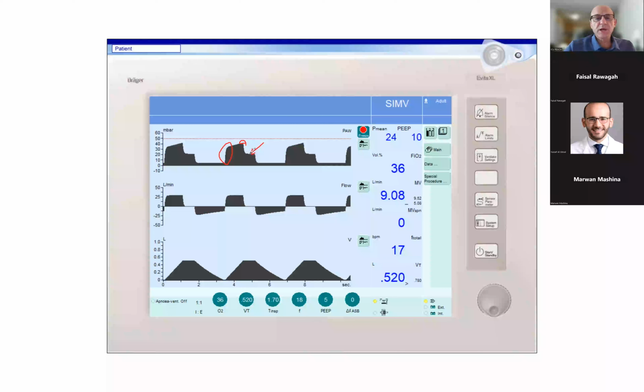Okay, so this is the plateau pressure. What do you think about the plateau? Plateau is fine. I think it's 20. 20, 22, is that something that you would see in normal airways and lungs? I would say yes. Remember, in patients with ARDS, we don't exceed plateau of 30 with a PEEP of 12 or 14. Yes. So a pressure of 20, 22 for the plateau is a bit higher than what normally